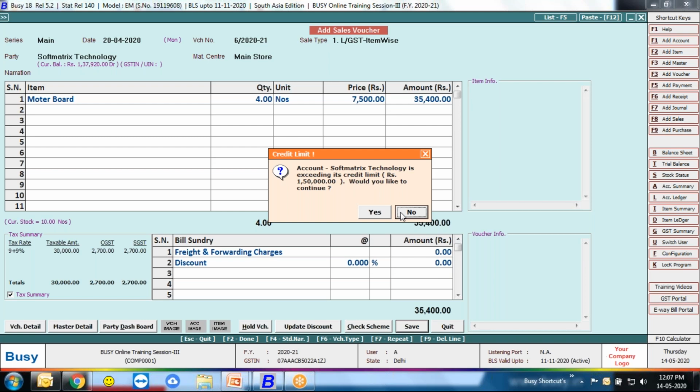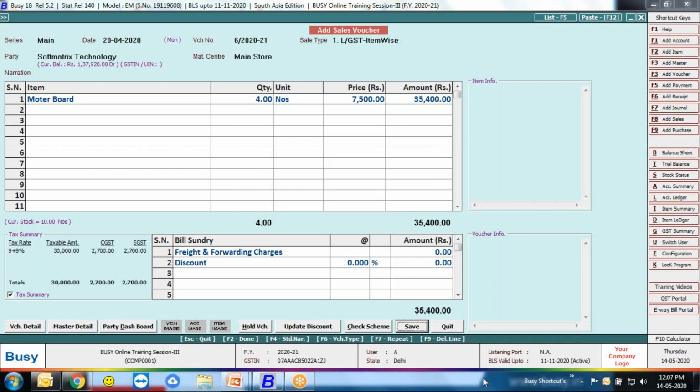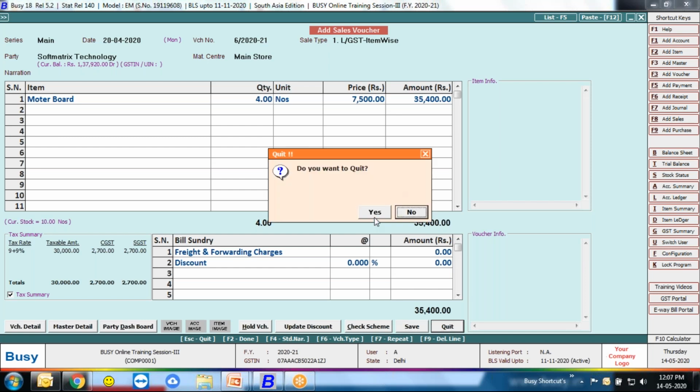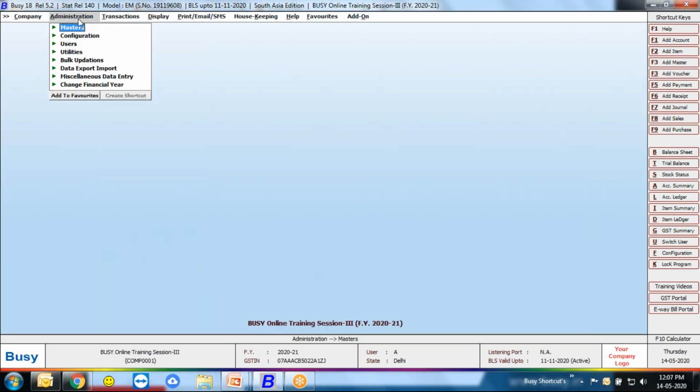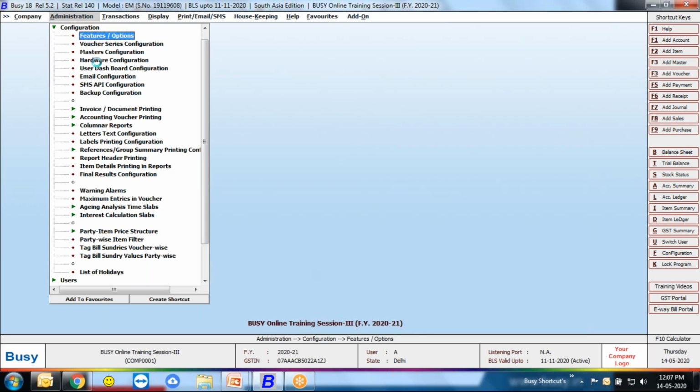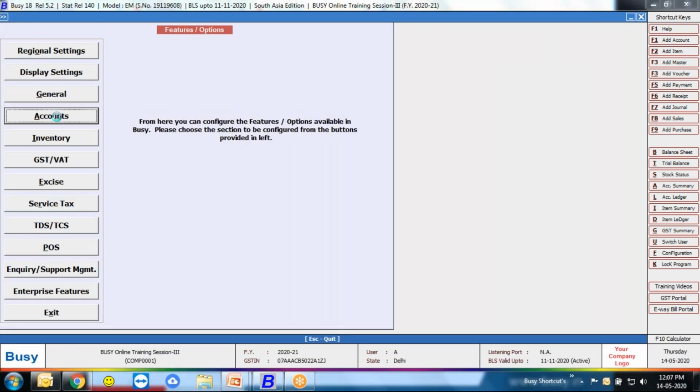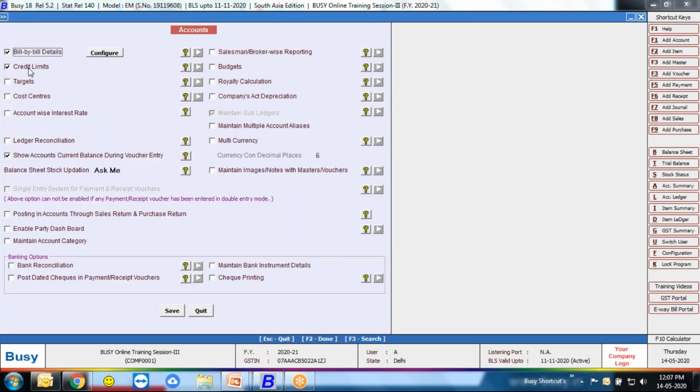So you can just check it or disable it. So this is the feature for credit limit. As I showed you, we can configure credit limit in two ways: one in terms of days and the other in terms of money.